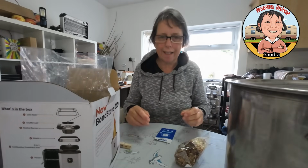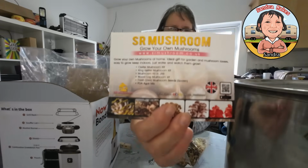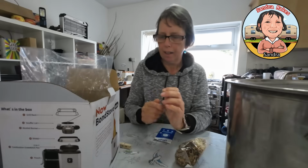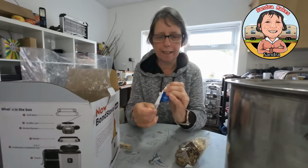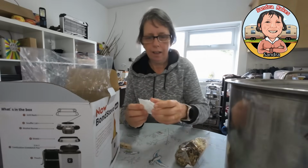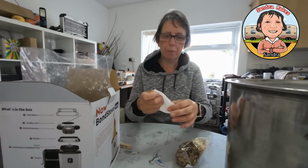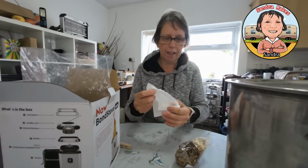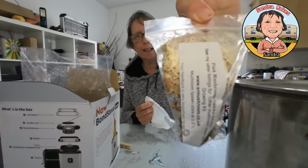Righty-ho, so back again. I didn't actually say, but this mushroom kit came from SR Mushroom, in case anyone's interested. And they also provide a hand wipe. I have washed my hands as well. So I've soaked my straw that we're going to grow the mushrooms in overnight. And this is the pack of seed